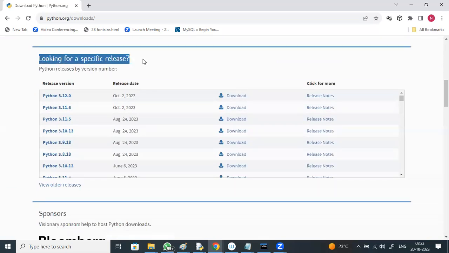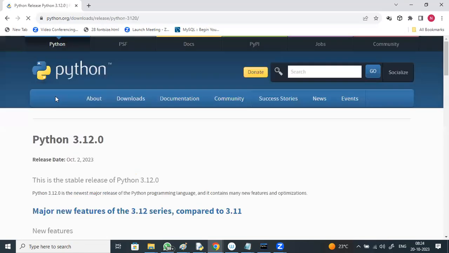Looking for a specific release, select the 3.12 version, right?